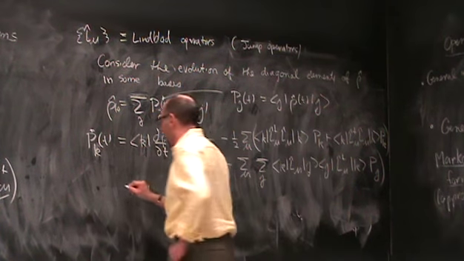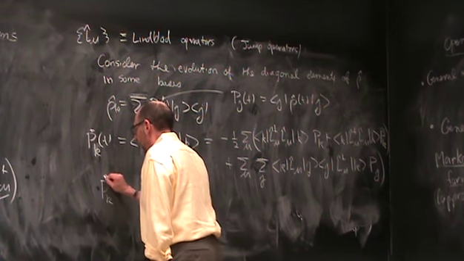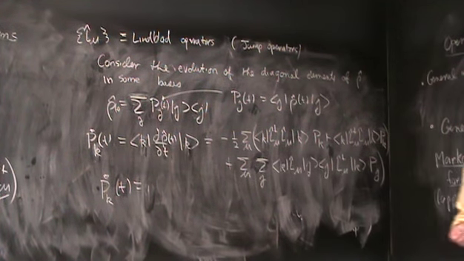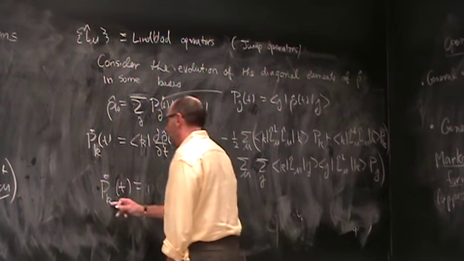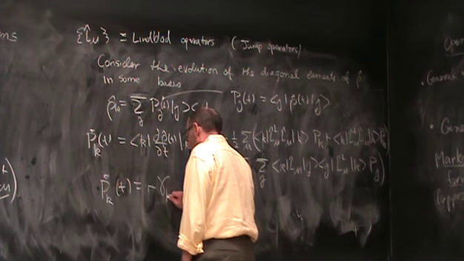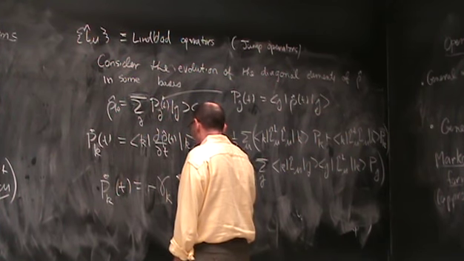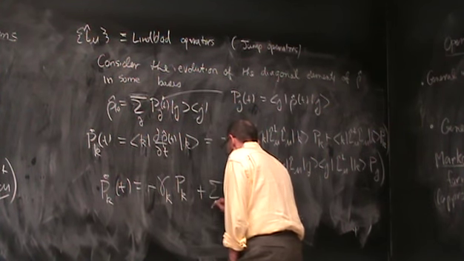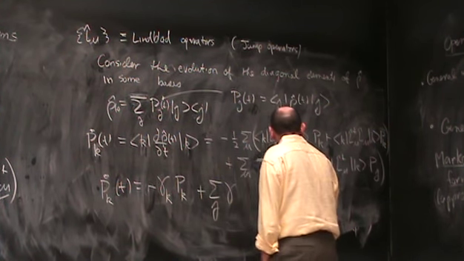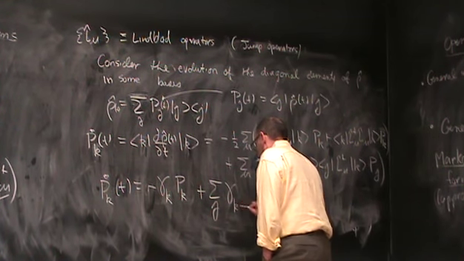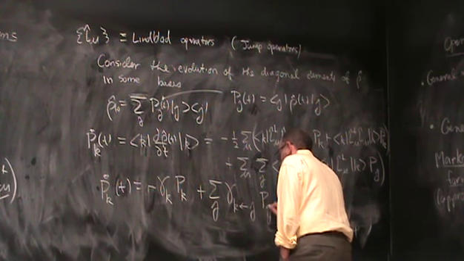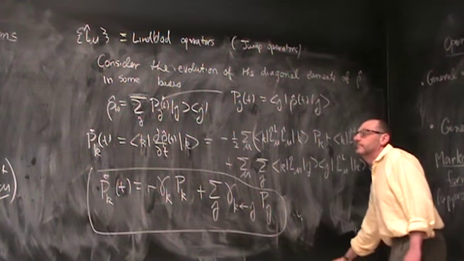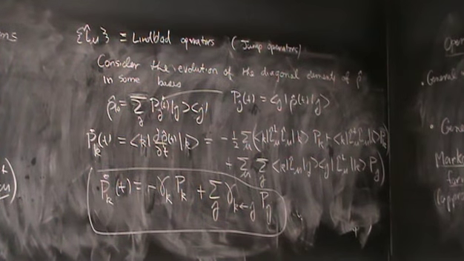This is the form of a rate equation. It says the population, like the foxes and the rabbits, changes in some rate equation way. Population in level k is decaying with some rate gamma k. Then I have a plus sum over j, something I'm going to call gamma from j into k, pj, where